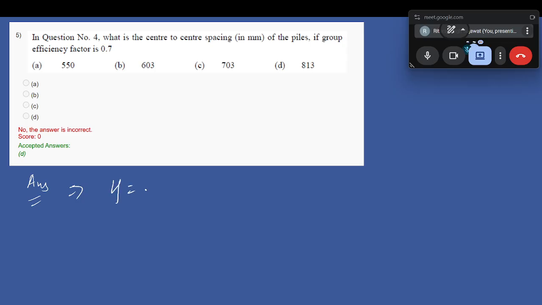So eta is 1 minus tan inverse d by s into the bracket. What was the formula? It's (m minus 1) into n plus (n minus 1) into m,